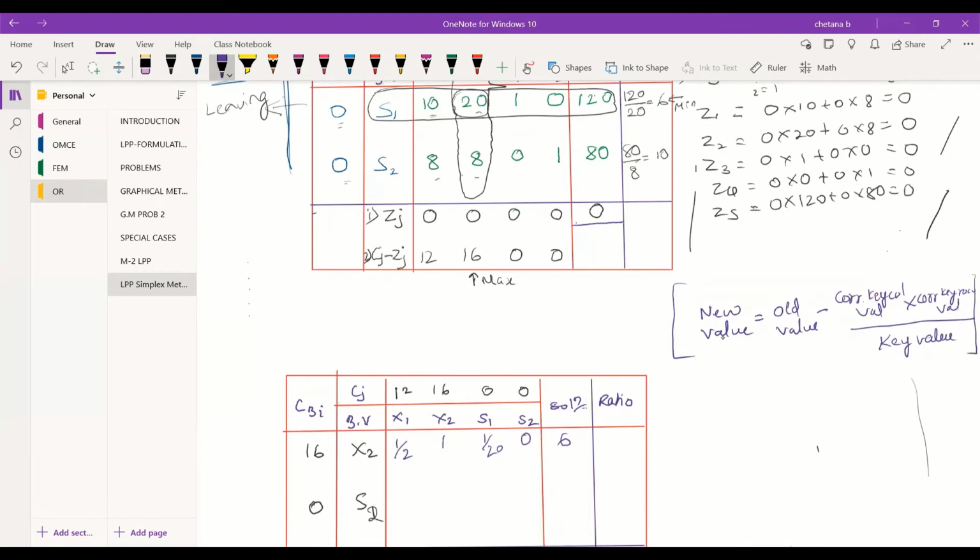Is that fine? You can have a look here. New value is calculated using this equation, that is new value is equal to old value minus the ratio of corresponding key column value into corresponding key row value divided by key value.